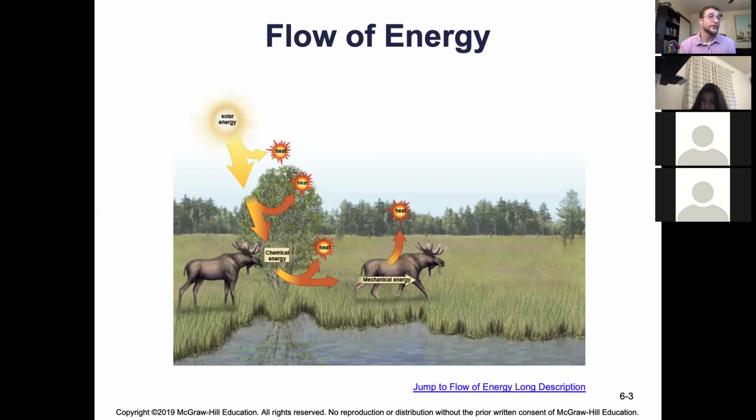Then that glucose is stored in fruits or starch deposits like potatoes, things like that, seeds. It's all stored there and then eaten by animals or humans, and it's exerted as mechanical energy. And when we exert mechanical energy, we release heat. So heat's always released, and energy is always transferred. Those are the big points.